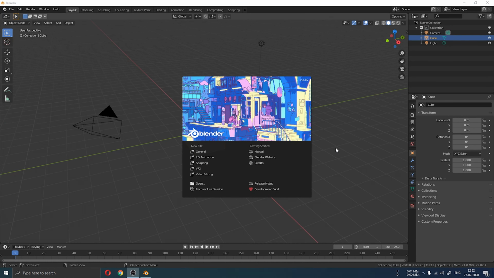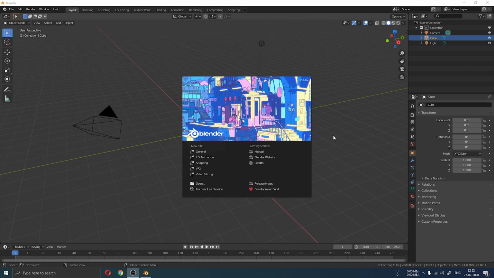The first software is Blender. Blender is a powerful software to make 3D objects. Let's take a small look at this. Blender is one of the most powerful software to create 3D objects, 2D animations and various other video editing effects which are related to various kinds of animations or 3D object making.